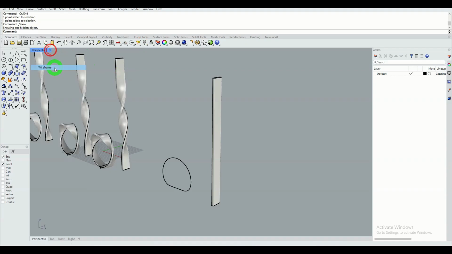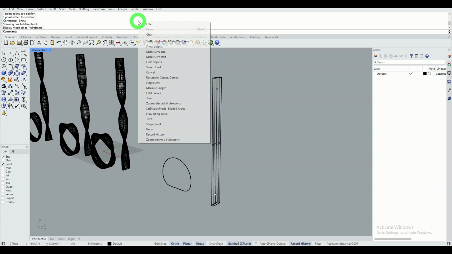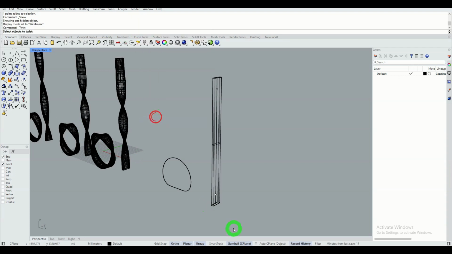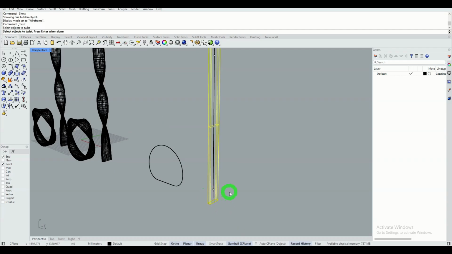Show the hidden object, switch to wireframe, and grab the twist command again, select the object, enter. The axis is from the first point to the second point, and the infinite is set to no, and the angle is 360 degrees.